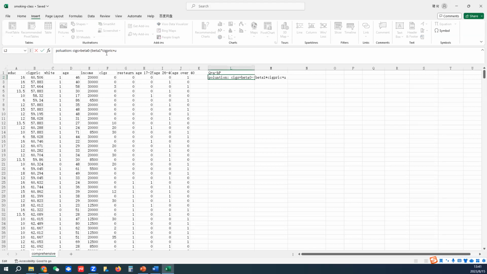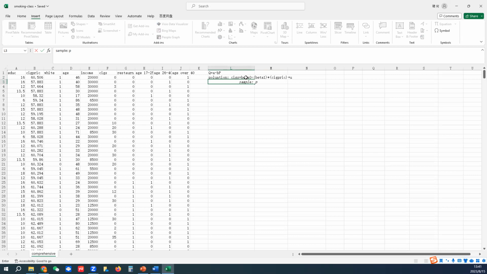We allow some deviation. So here, the main term, which is beta 0 minus beta 1 multiplied by price, that is the main linear relationship of the general trend, of the average trend, and we allow this error term to reflect a deviation of each observation from the average trend. Okay, so this is the population, and then the sample result should be